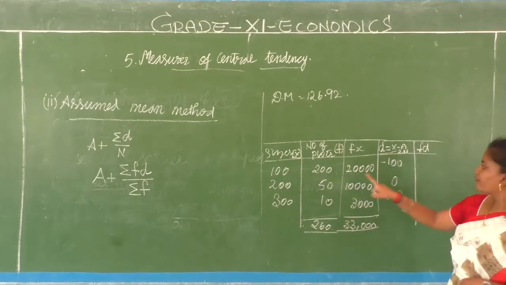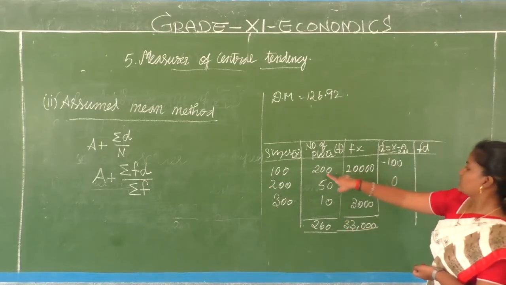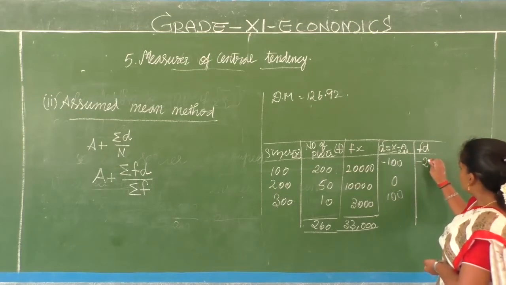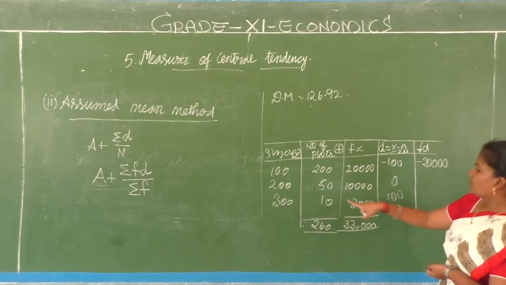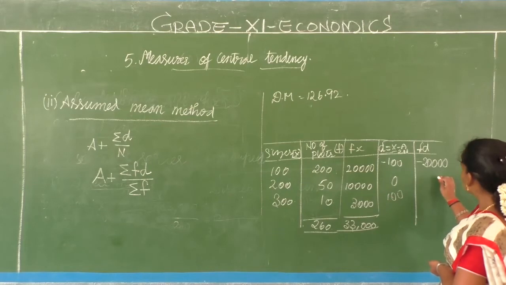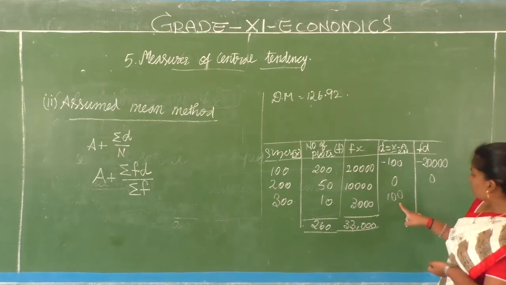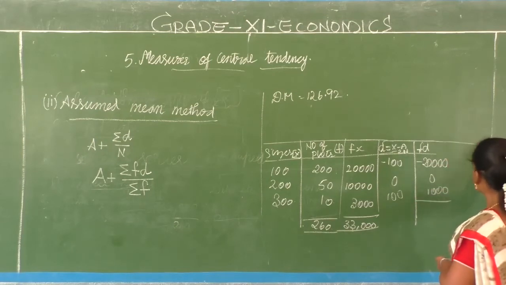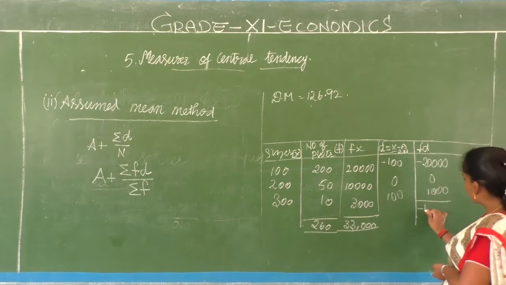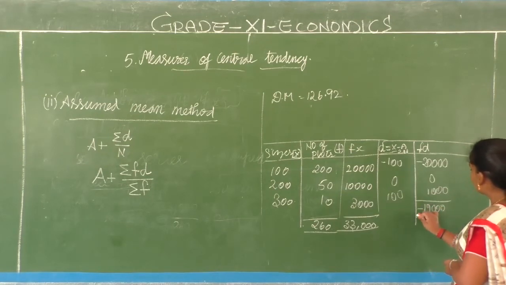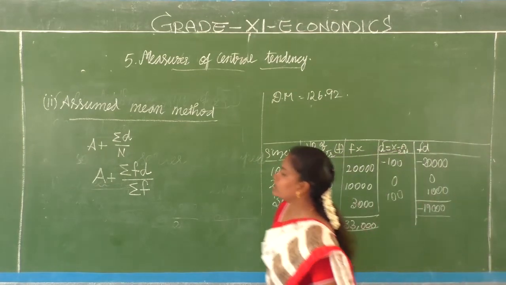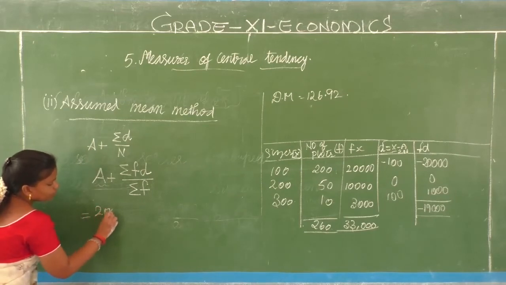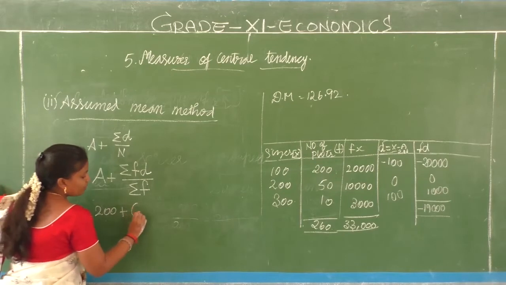fd. That is f into d. Minus into plus, you are going to get a minus value. Then 0 into f is going to be 0. Right, children? Then 100 into 10 is going to be 1000. So what is your sigma fd, children? You get a value of minus 19,000. What is the value you got? Minus 19,000. So when you put it into your formula, you can get 200 plus minus of